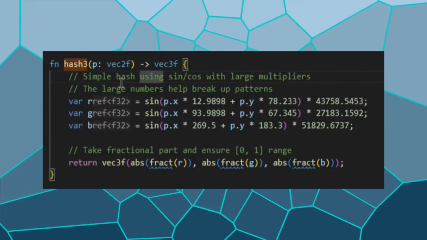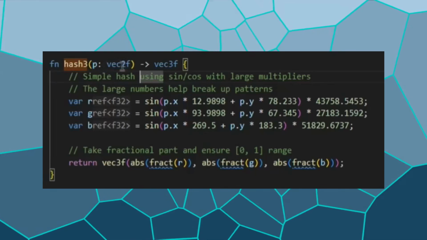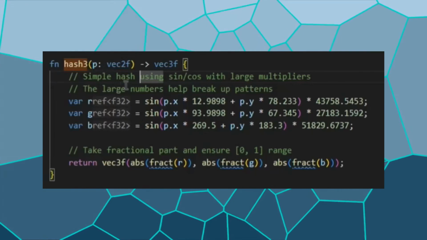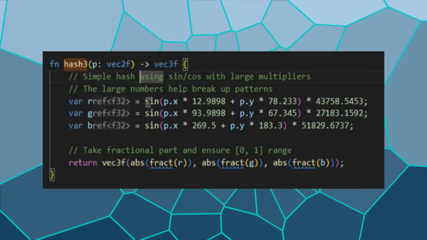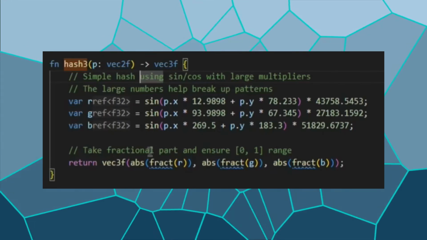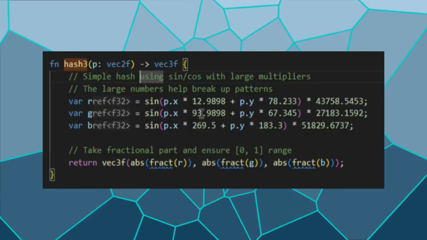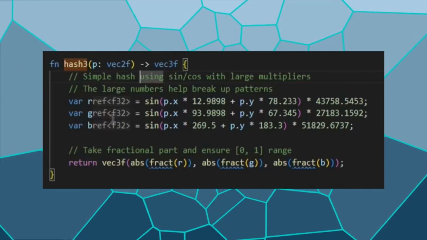This additional helper function is another kind of hashing function which is simpler than the previous one. So we're just using some sine computation here to produce a random vec3. This is certainly not as good as the PCG hash function we used before, but it will do the job